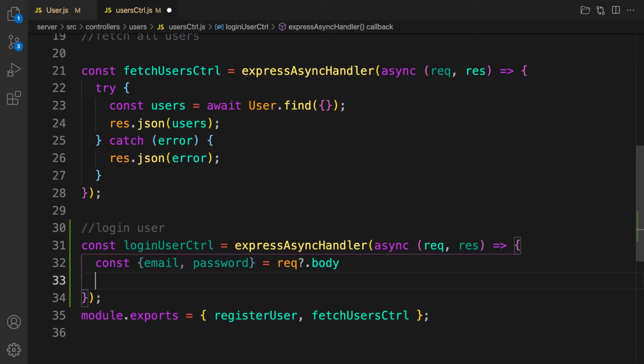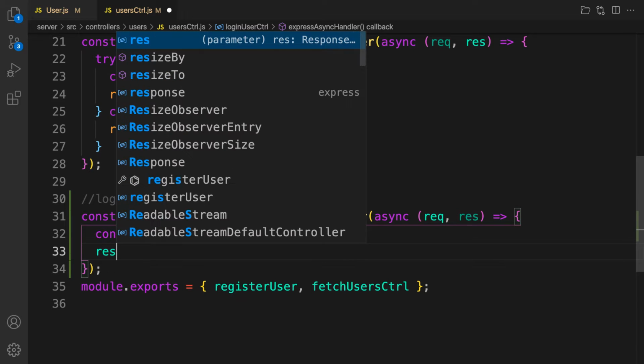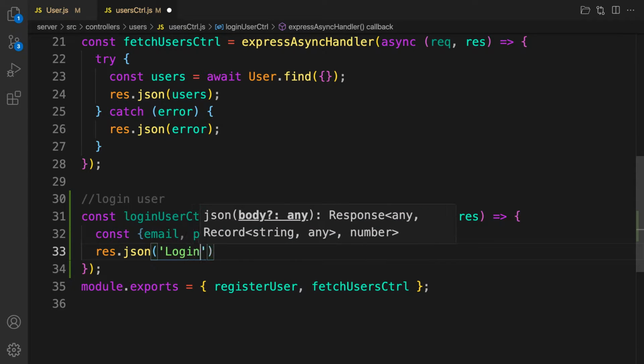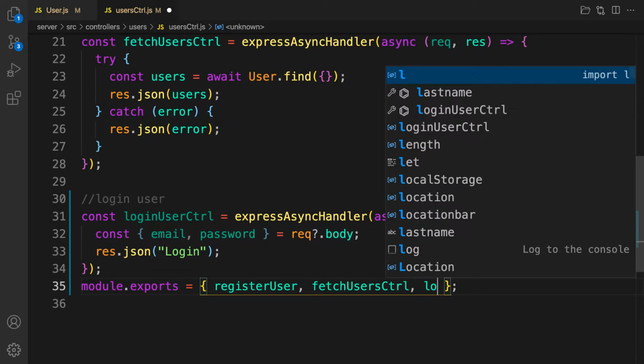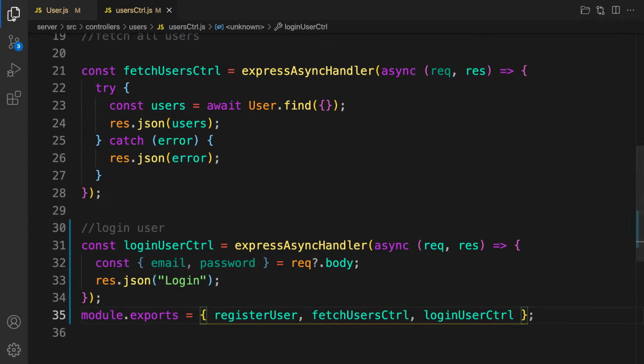Okay, cool. So then we're going to check if the user is found. We're going to find the user by the email, right, and the password. So first of all, let's find the user. But before that, let's try to test this endpoint to see whether it's perfect. So let's just send this text called login. So let's export this one, this controller, as loginUserController,